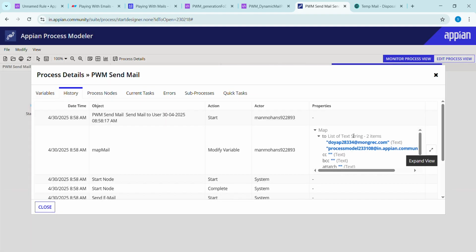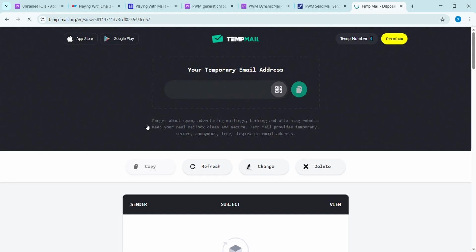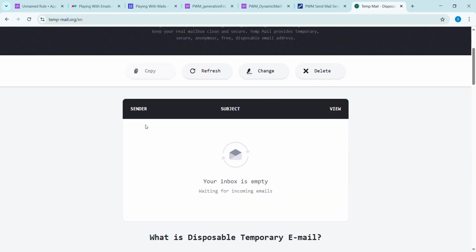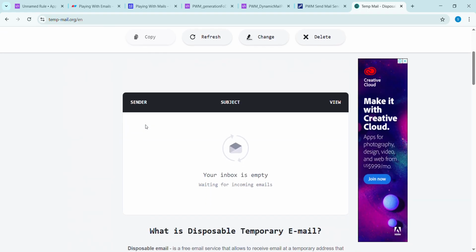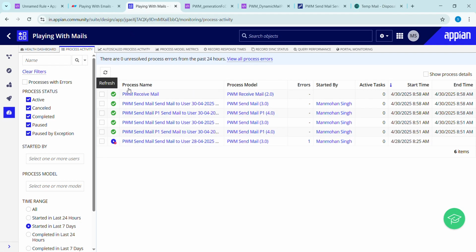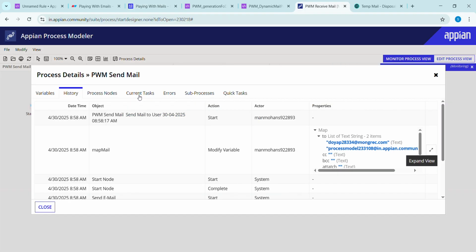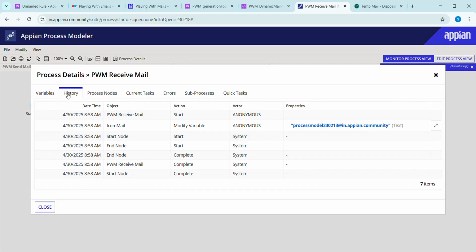For the validation, I will go to my temp mail, and I will check whether I have received this mail or not. And also I will go back to my monitoring. I will try to refresh this page and see this mail is something which is triggered from this mail, because started by is anonymous. In this way, and also if you want to validate, we can click on this process model instance and go to process details, and we can see from where it has been started. It has been started by process model